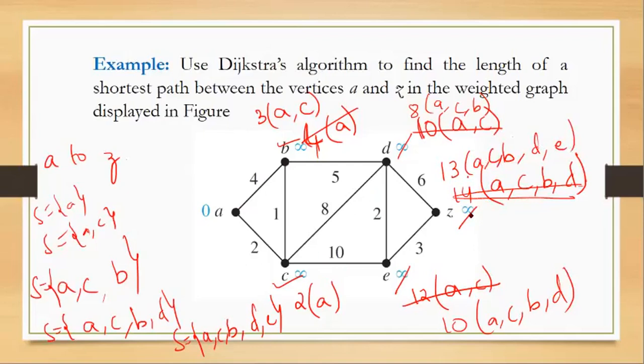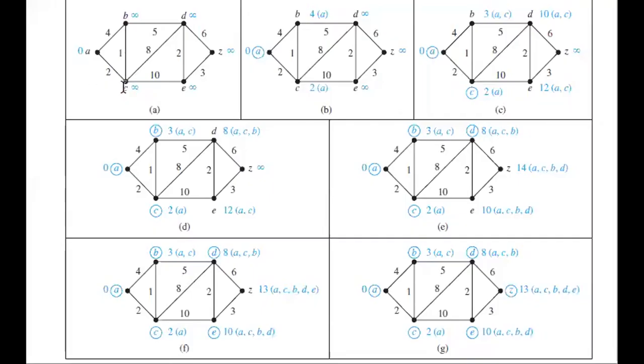the terminal vertex Z. So basically, if I want to show you the entire figure, then we will refer to the textbook directly. So this is the diagram and the problem that I was solving. So if you look over here, we have the vertex A and I'm reaching Z. First, all of them are placed to infinity. From A, the source vertex, I can travel to B and C. So I'm updated here with these values 4 and 2. Then from these two, I have to select the minimum or the shortest weight. So this is the one that I have selected and I have updated B accordingly.